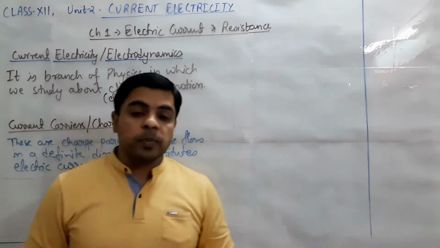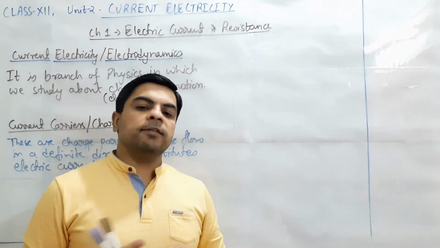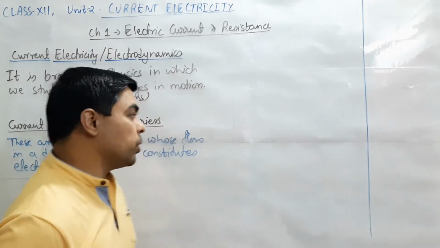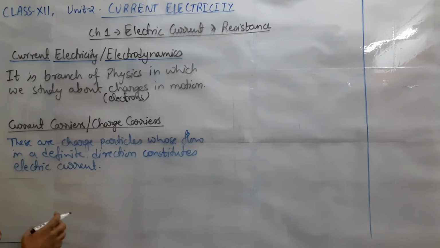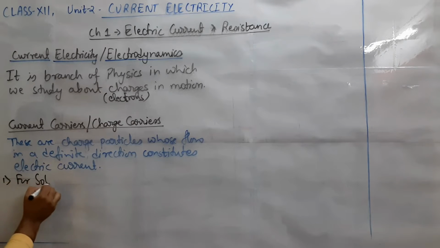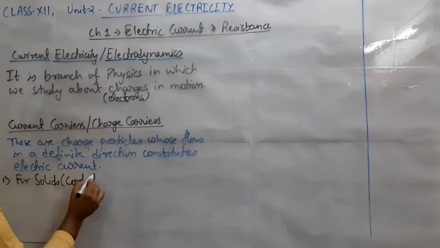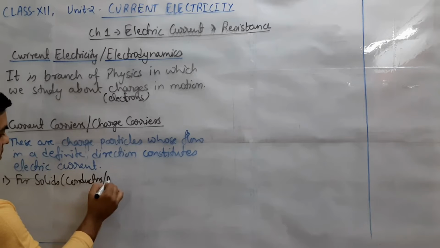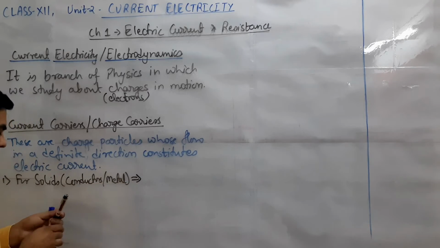So these are those particles, those charge particles, when they start flowing in a definite direction, they will form the electric current. So the important factor to produce electric current, these are the factors, current carriers or charge carriers. Now depending upon the type of medium, we have different types. So number one, for solid, which means conductors, or we can say metals, here we have charge carriers as